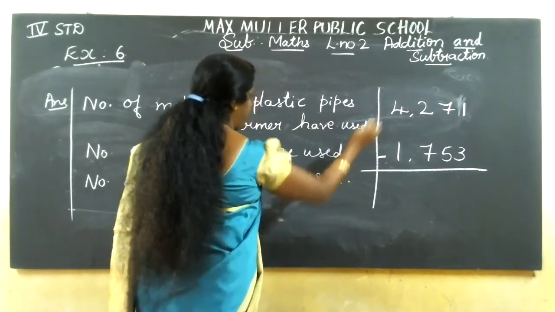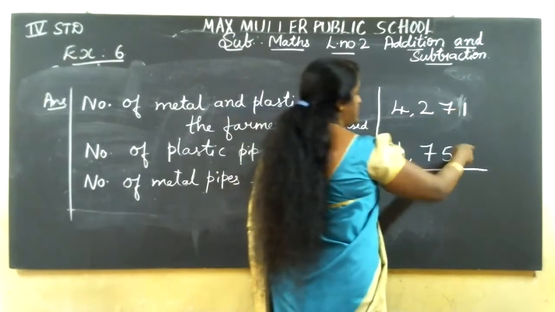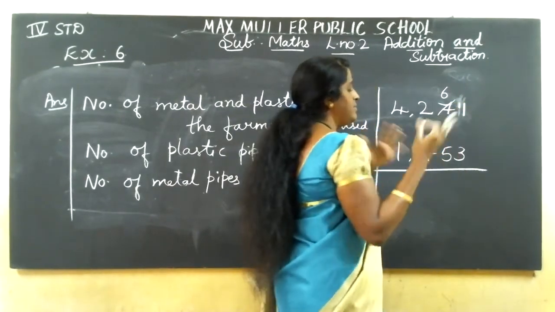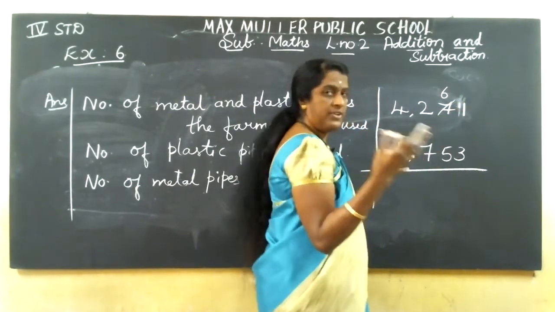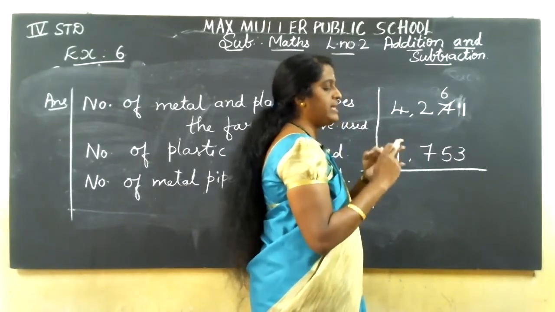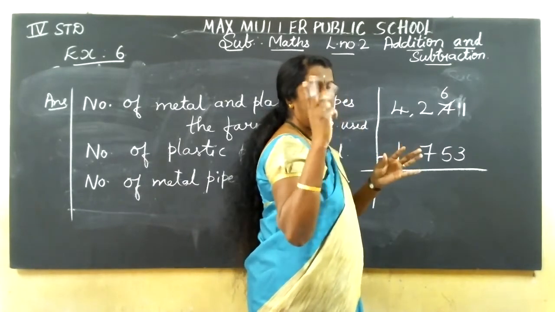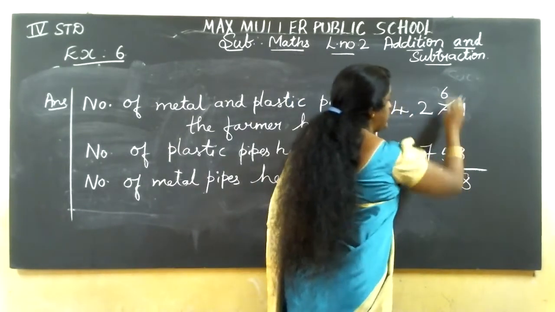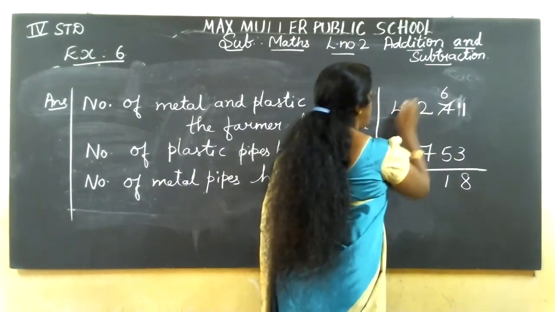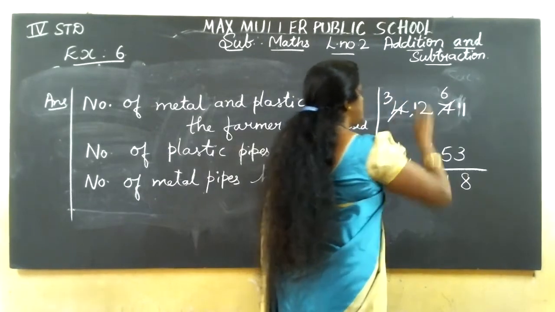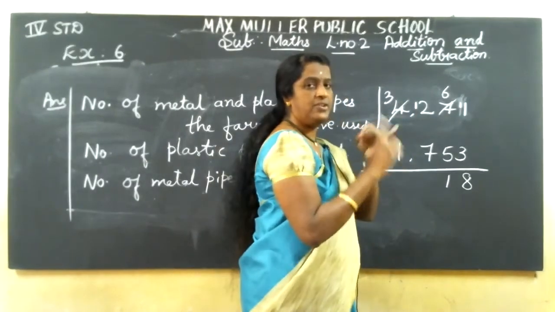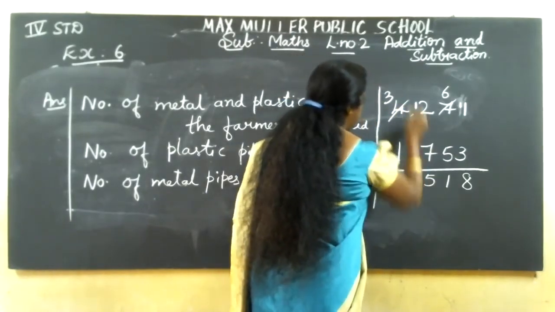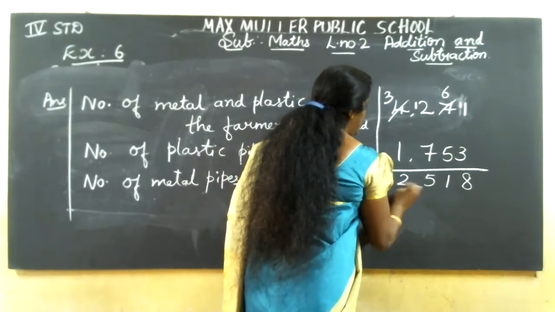So what should we do? We should do subtraction. See, 1 minus 3, borrow 1, it becomes 11. 11, 3 fingers cut, no, 11 fingers. After 3: 4, 5, 6, 7, 8, 9, 10, 11. Up to 11 only, I have to count 8. 6 minus 5, 1. So borrow here, it becomes 12. 7, after that 8, 9, 10, 11, 12. Write 5. 3 minus 1, 2.